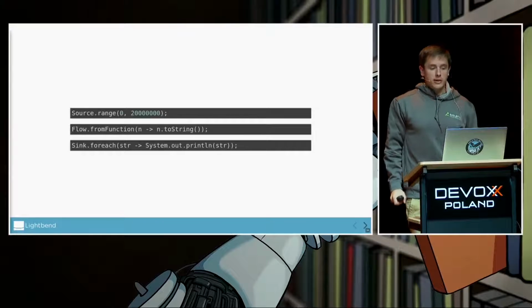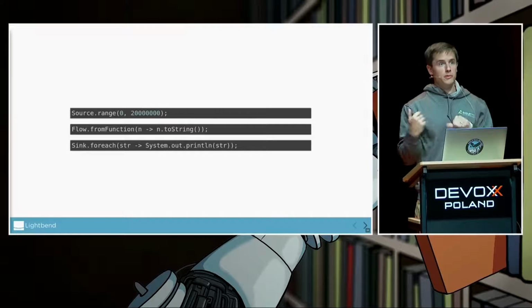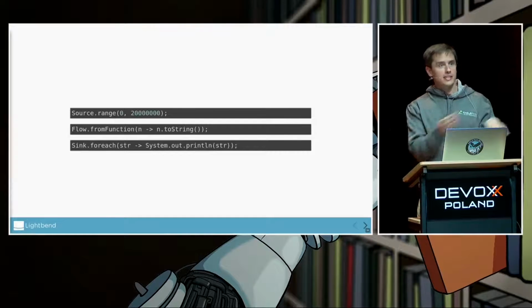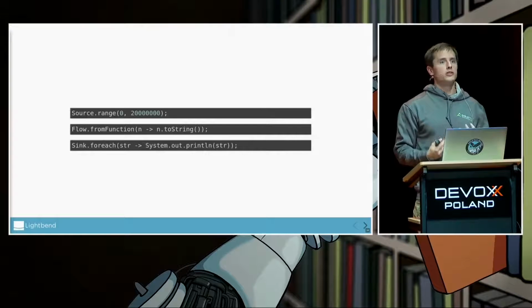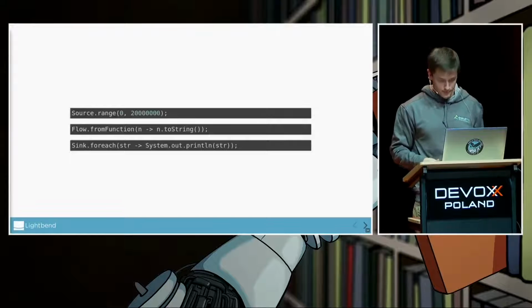The simplest sink you can pretty much get is a side-effecting forEach. So every single element that comes into it, it prints it out. You can imagine that a forEach sink is able to ask for things very quickly because it doesn't really need to do anything. It's not waiting for a database or a queuing system to acknowledge things.